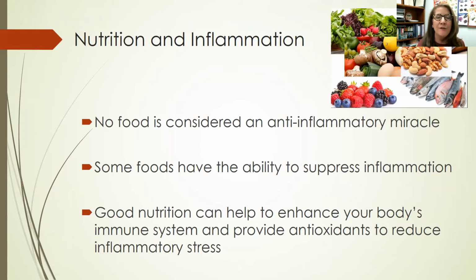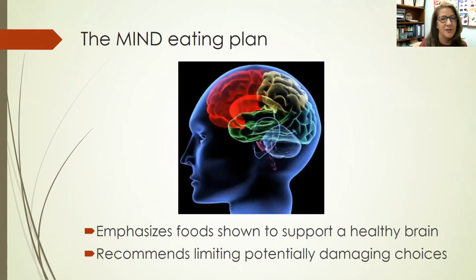Keep in mind that no food can be considered an anti-inflammatory miracle. However, some foods have the capacity to decrease inflammation. And current science overall encourages good nutrition to help enhance our body's immune system and provide antioxidants to reduce the inflammatory stress. Okay, so basically the Mind Eating Plan, the way it works is it emphasizes foods shown to support